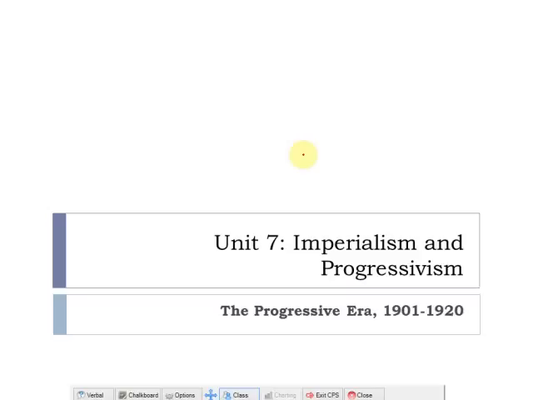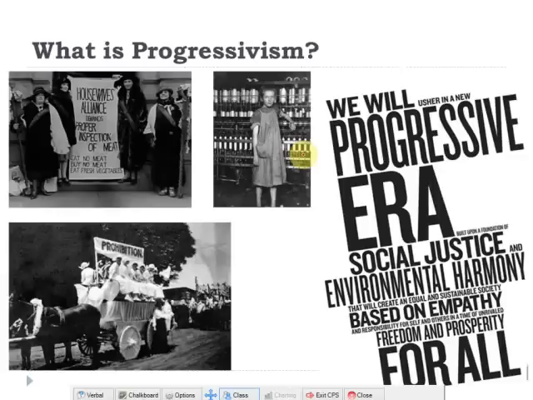This is still last century, though, folks. This is not our current century, because we're now in the 2000s. But we're going to talk about the last century now. It's pretty crazy. So what is progressivism is the question. As we know, folks, the root word of progressivism is progress. So,